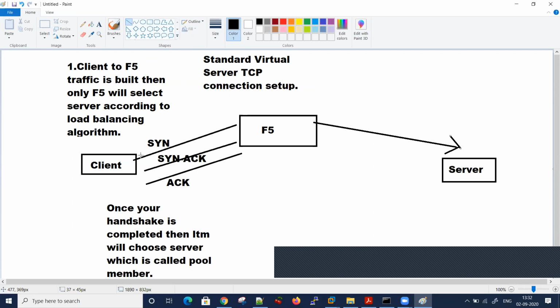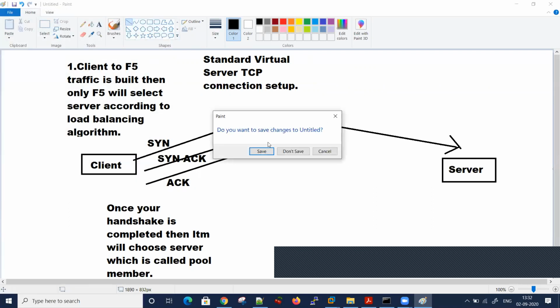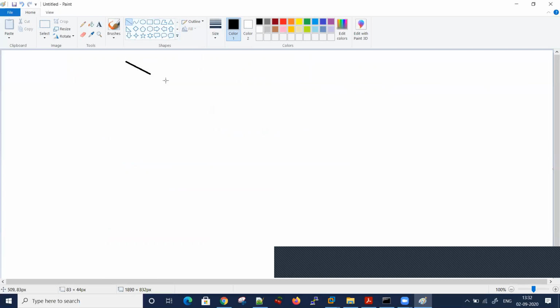I have a basic question. What is the difference between forward proxy and reverse proxy? Good question. Very good question. Is it clear, the difference, standard and this handshake? Yeah, it's clear. Thank you. Is the same concept for forward proxy also? Yes, I will show you now. Good question. This is one of the interview questions also.